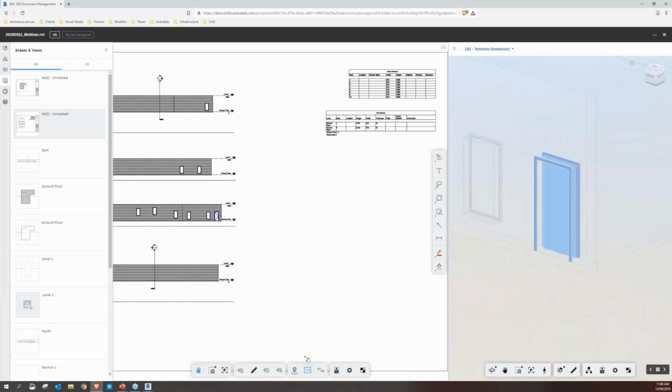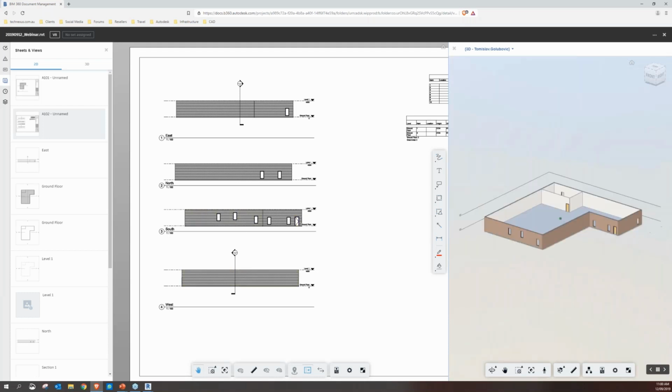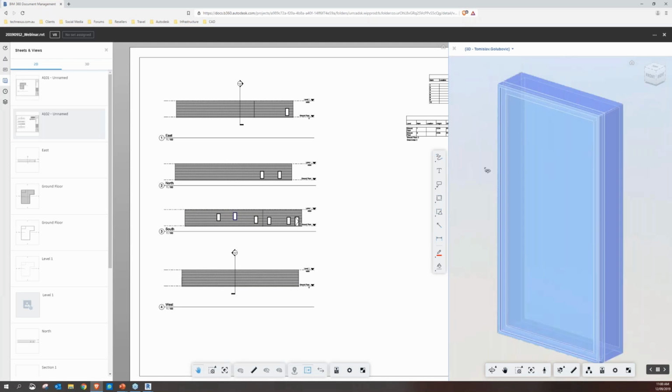So again, I personally like this. I think it's a great little tool where you can just go through and pick something here in the model, and then it highlights it over in the 3D model. So it gives people a better idea of how and where things are from the 2D side to the 3D. But otherwise,